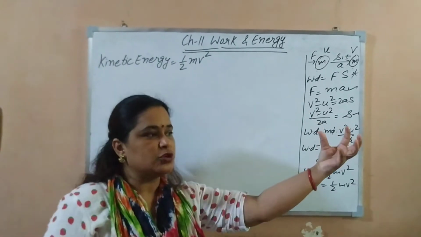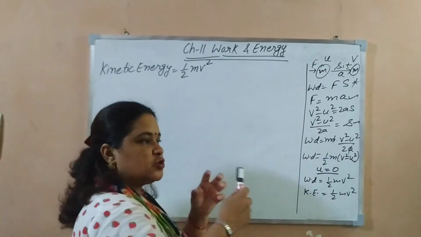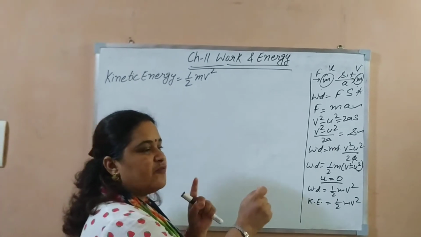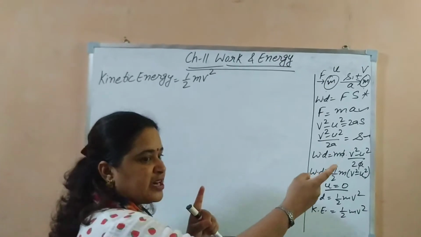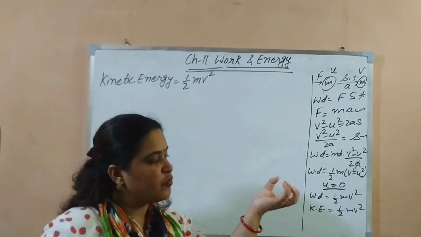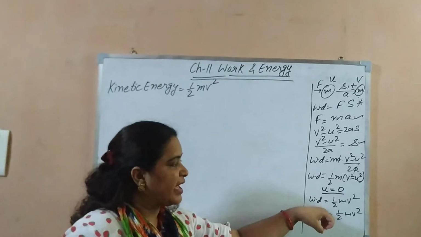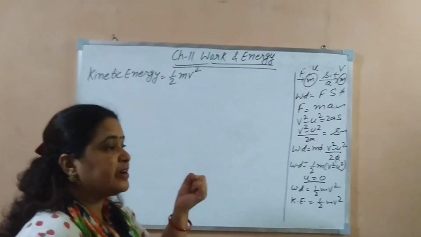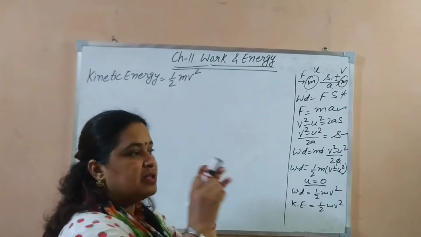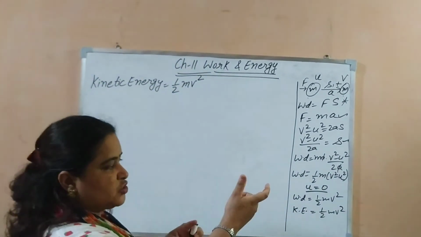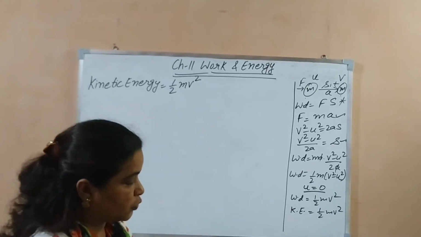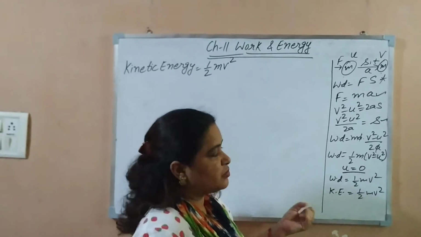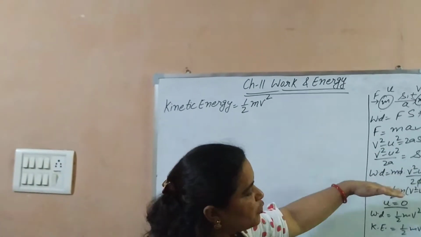When it comes in motion, after work is done on it, it has some speed, and moreover this moving bullet, when it hits someone, can do work on that body also. So this moving bullet has energy, and this energy is known as kinetic energy, and it can do work, because you know that a moving bullet can hit a person, and if he is shot by the bullet, then he may die also. And moreover a car can give an injury to persons when the car is in motion. So these are a few examples.